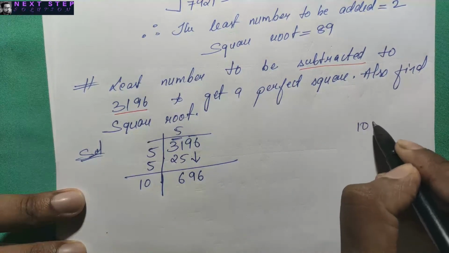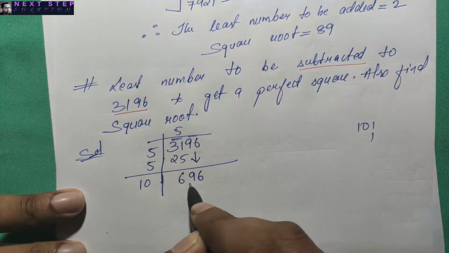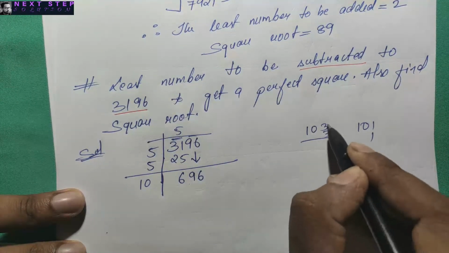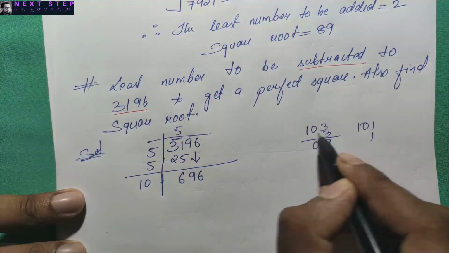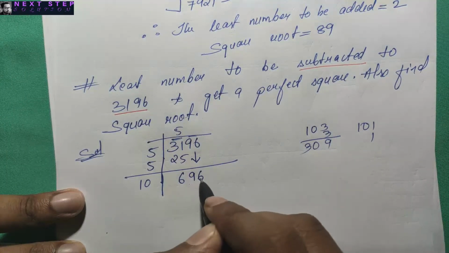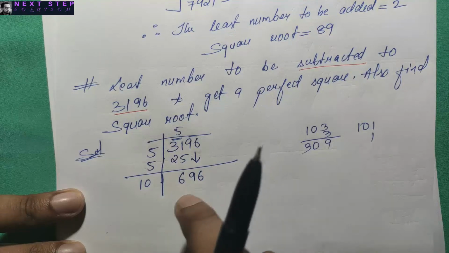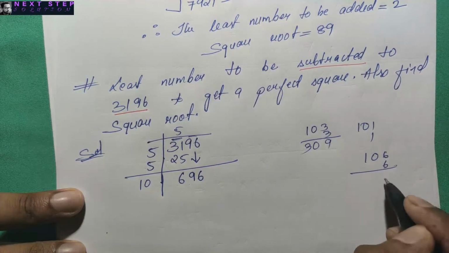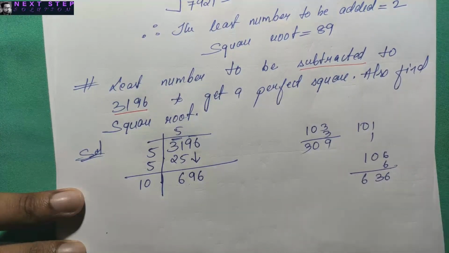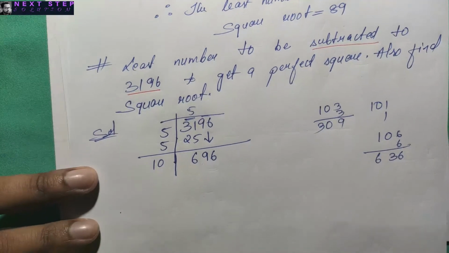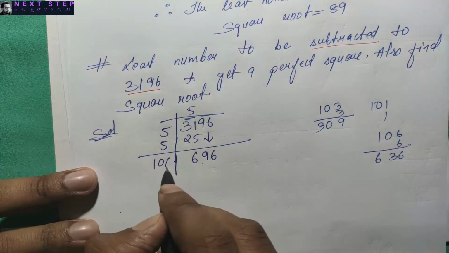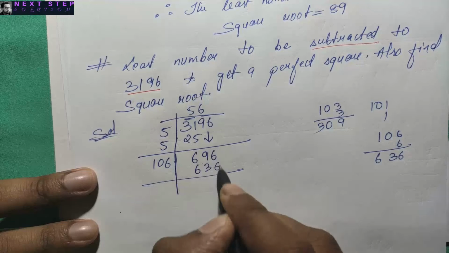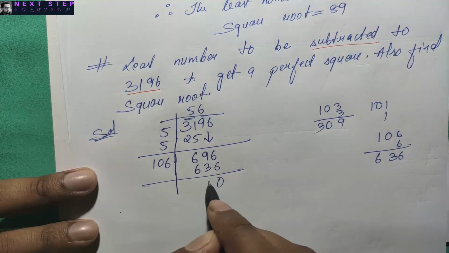With 10, if I take 1, I have to multiply with 1, which will be very less. If with 10, I take 3, I have to multiply with 3. Again, it will be less. 3 1s are 3, 3 3s are 9, 0, 3 1s are 3. Less. We have to take less, but nearest to this one. Suppose I take 6 and 6, 6 6s are 36, 6 1s are 6. Yeah, we can take this 636. If we multiply with 6, it becomes 636. Now after subtracting, 0, and this gives you 60.